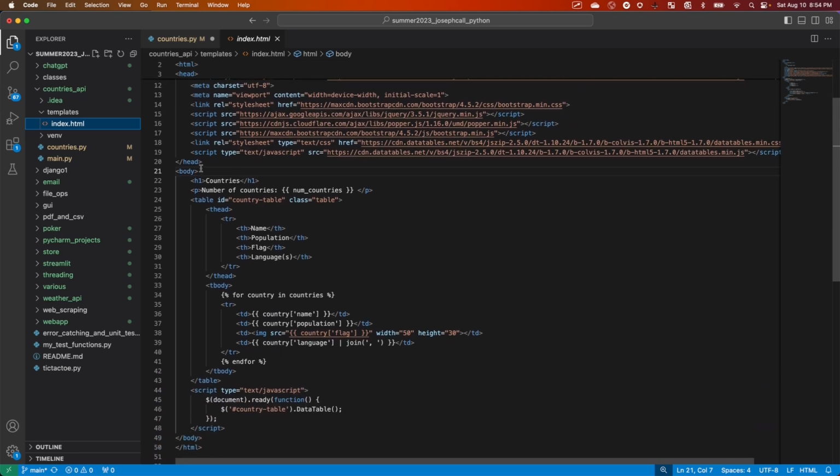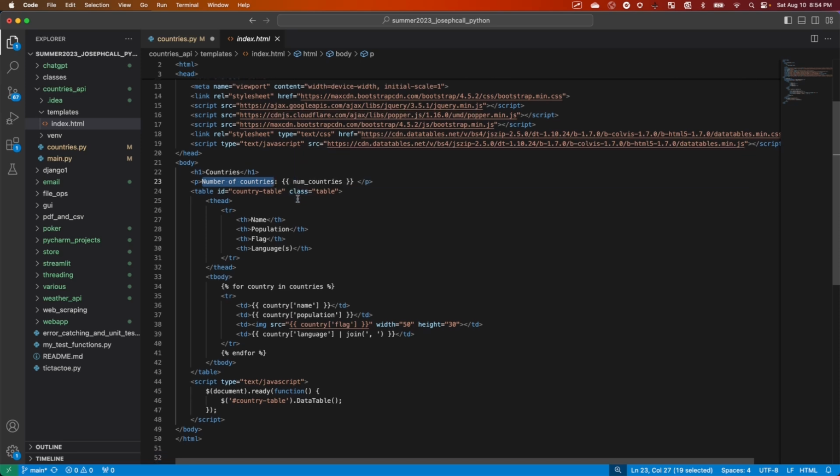And then for the actual body of our page, we have a header called countries, then number of countries, and we see these curly braces. That's Jinja. I don't know at the time that I'm sharing this project with you if we will have covered Jinja yet. We may or may not have, but let me know if there's a lot of interest in that. It's just a way of rendering Python variables. Num countries is a Python variable